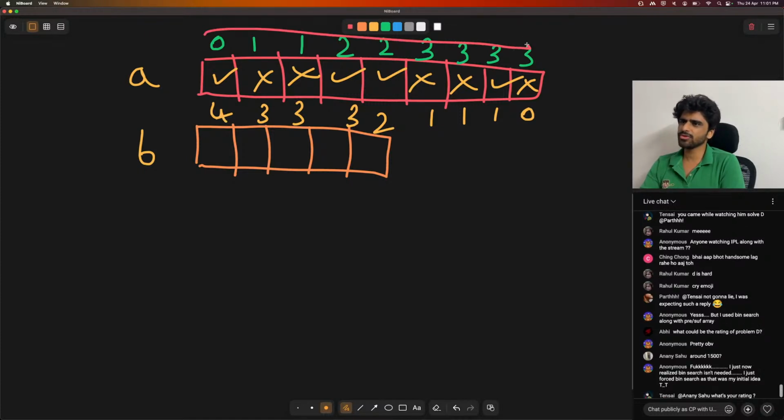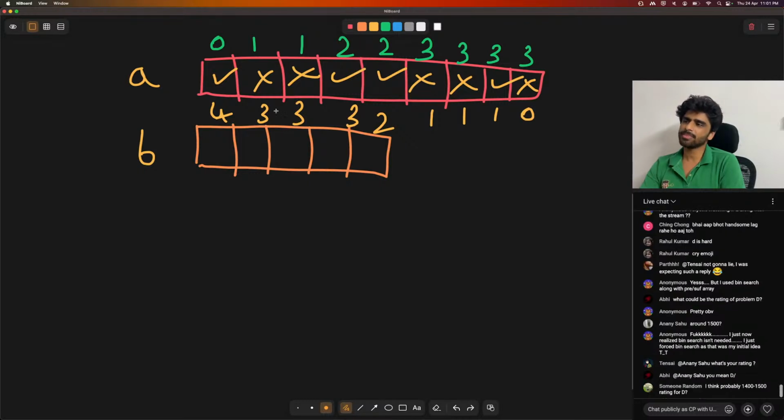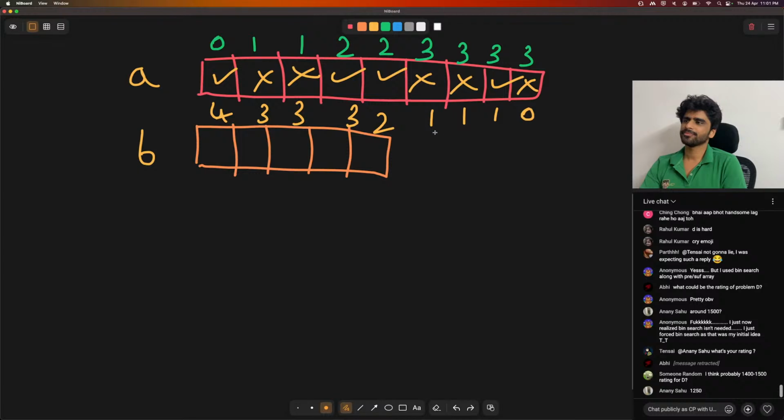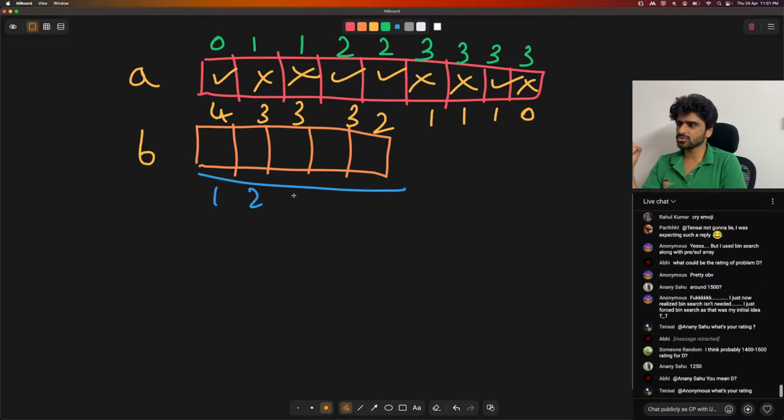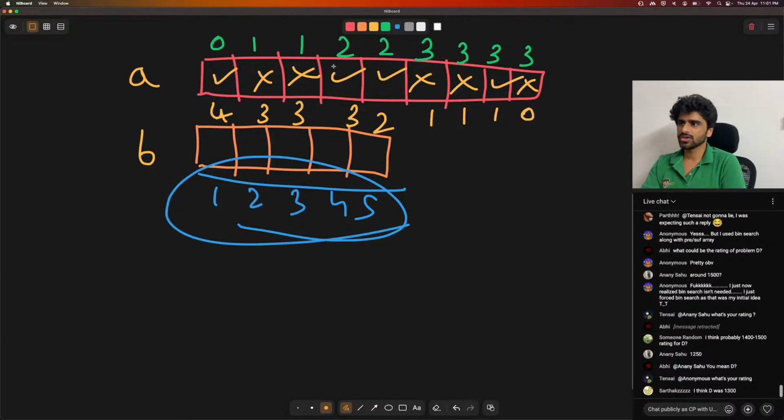So if we move from left to right and we're at a certain index, how many flowers can we pick? And if we are going from right to left, if we're at a certain index, how many flowers can we pick? So we can have an array like this, right? Now in total, you can see there are 1, 2, 3, 4, 5 flowers. So in total we want to pick 5 flowers. So at any point,